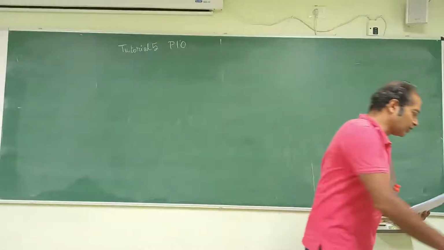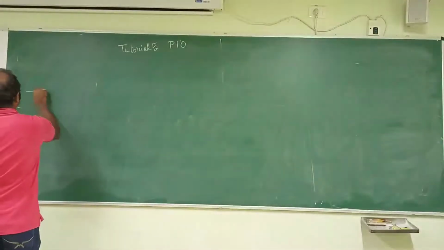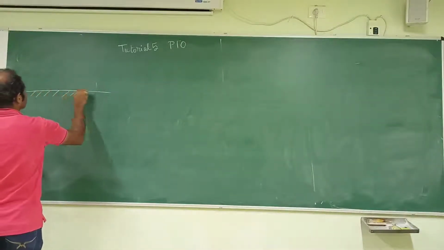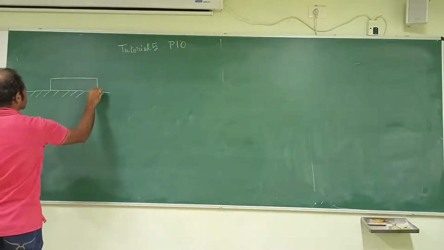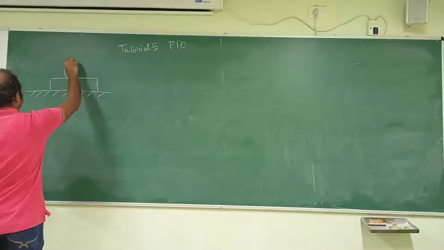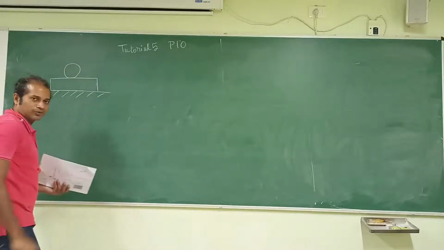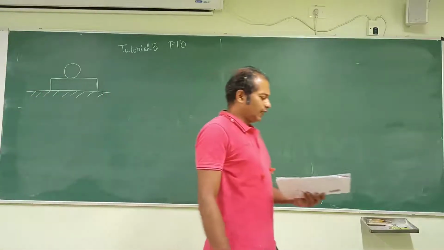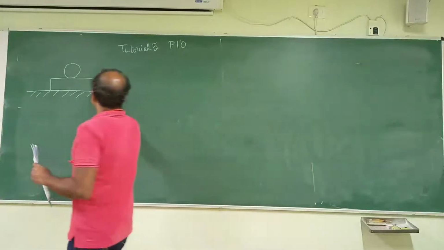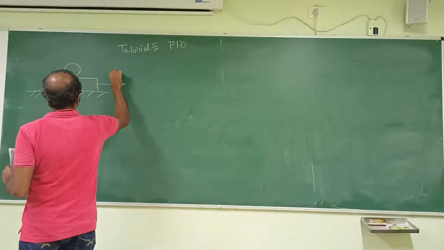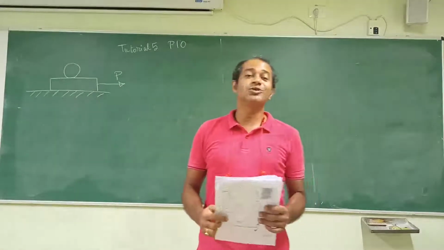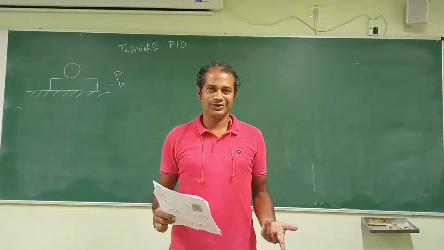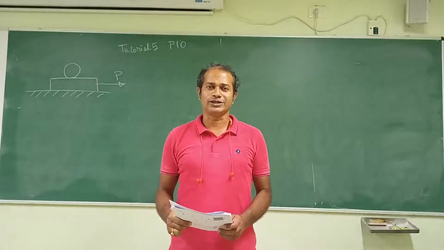Okay, so let me draw this. The problem is somewhat like this. This is the table you have. On that you have a piece of paper, let's say this, and you have a pen or the cylinder as per the problem statement. Now what you are going to do is give a force P of certain duration of time. Now what is going to happen? Is it going to roll or is it going to slip? That condition you have to find out.